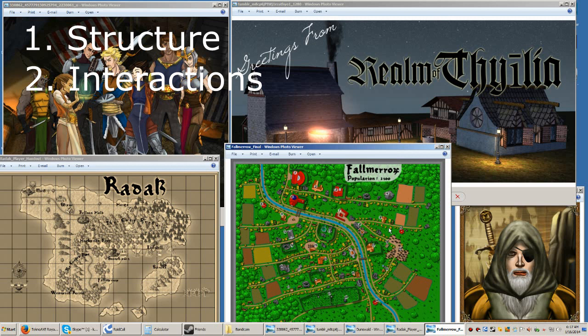You need to design the interactions between them. So what am I talking about? I'm talking about trade between towns and villages and nations. Their attitudes towards each other is very important. History for your factions, your races, your cities.